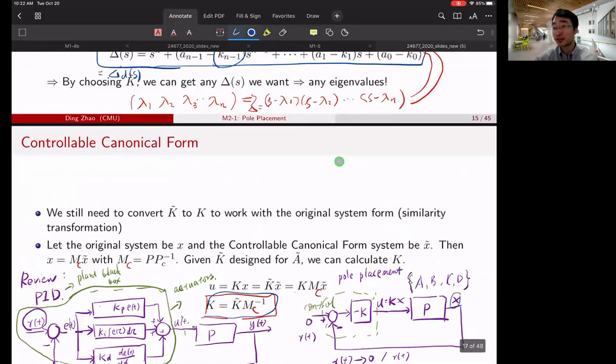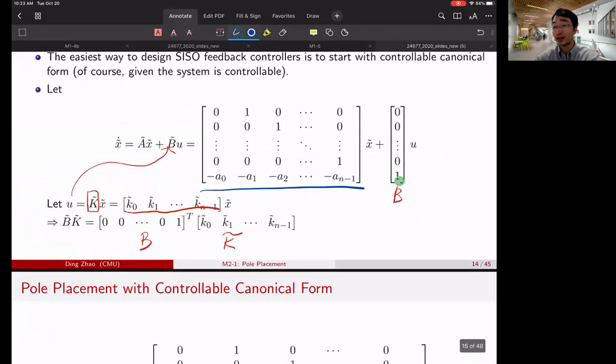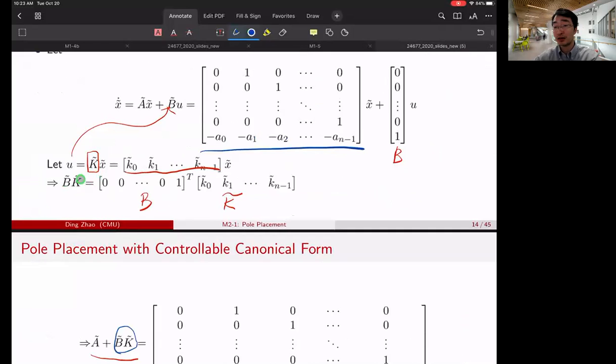And B is just 0, 0, 0, 1, and K tilde is only a row. When you multiply B times K tilde, this equals all 0s, except that the last row